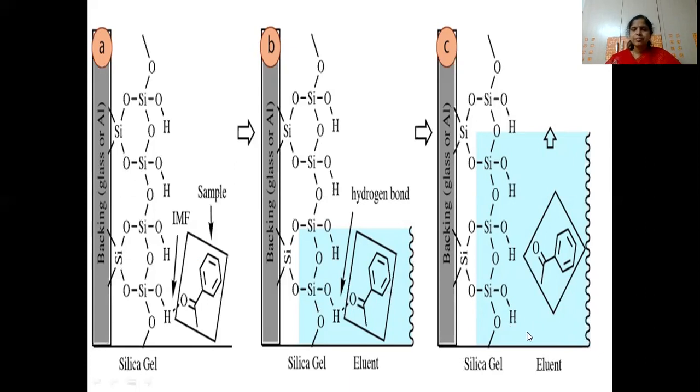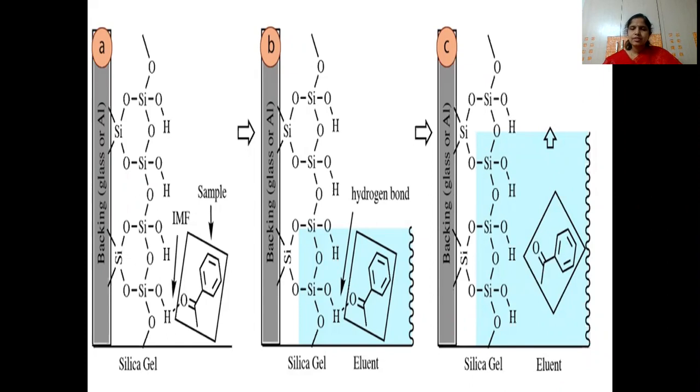When you place that sample, we call it the eluent. So the mobile phase will be moving up, that is, it is traveling up. This is the direction of the mobile phase, from the bottom to the top. When it is traveling, it has to overcome these hydrogen intermolecular forces. Only when it overcomes those forces will it drag the sample, and the sample along with the solvent will also travel.